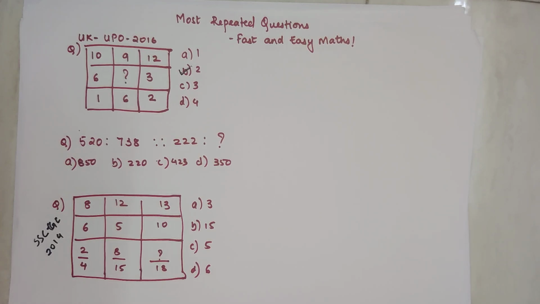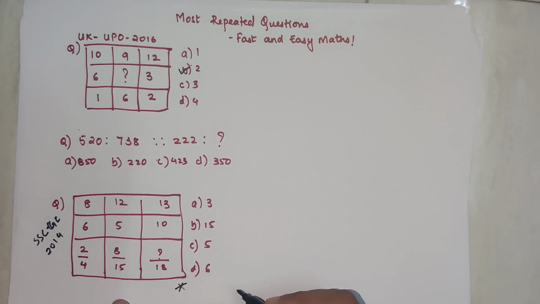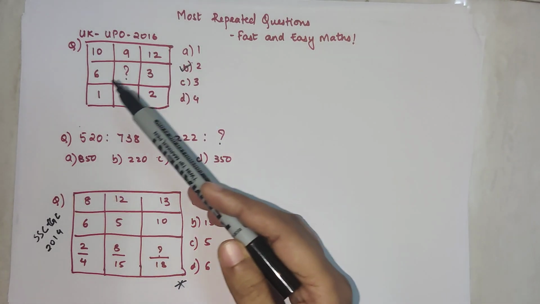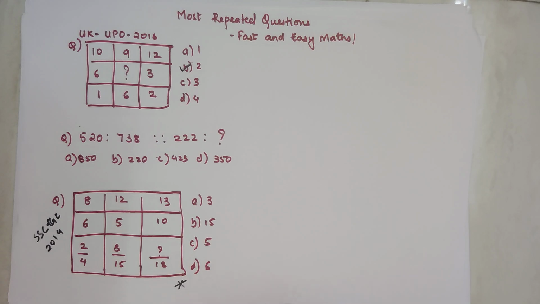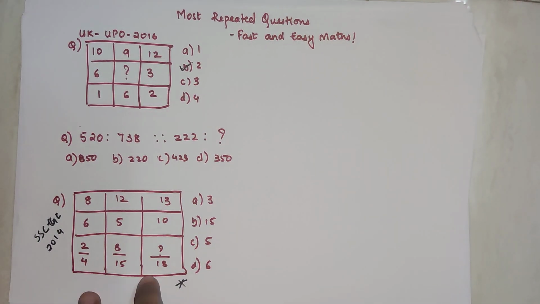Also students, if you think that something like this is very, very easy, do not skip this video in case you have not solved this. Please understand, this is a very, very important puzzle which you need to solve. And you need to understand that trick, because in the last row we have a fraction. That is not something which normally happens. We always deal with numbers. We never deal with a few columns having numbers and a few columns having fractions. So please go ahead and watch this one. If you think that you don't want to waste time, please watch this one.